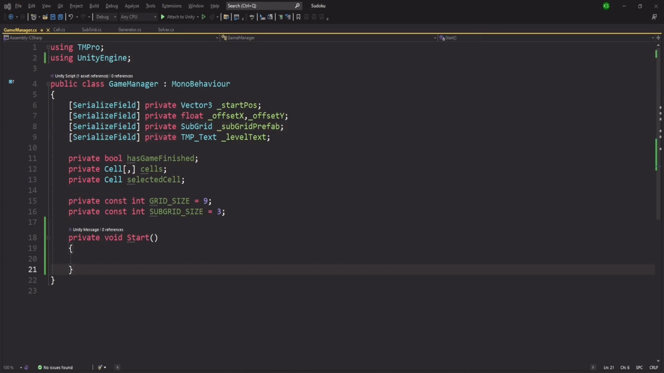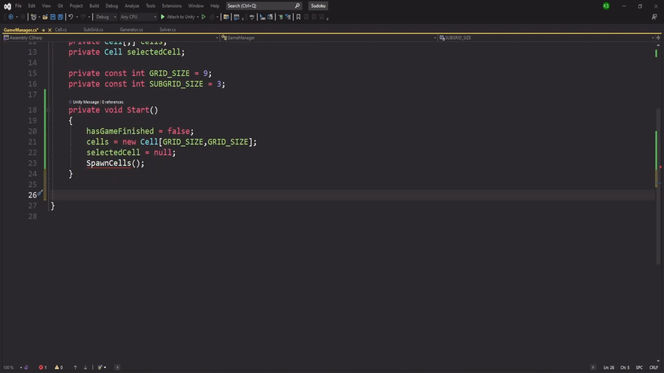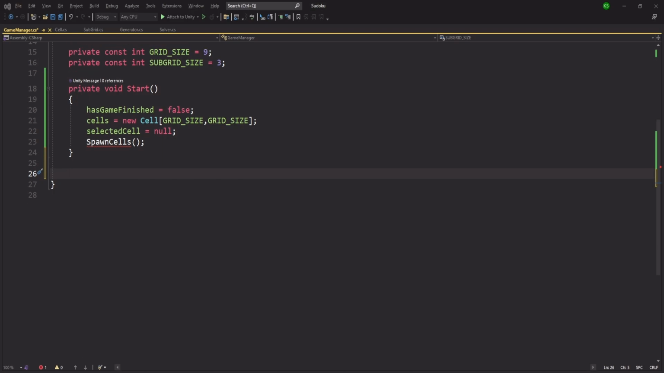So inside our start, we are going to set up all the variables. So the first is going to be has game finished, which is going to be false, and our cells is going to be new cell of grid size comma grid size, and our selected cell is going to be null, and we'll spawn the cells, which is the function we will need to create. Let's create our spawn cells function. So private void SpawnCells,